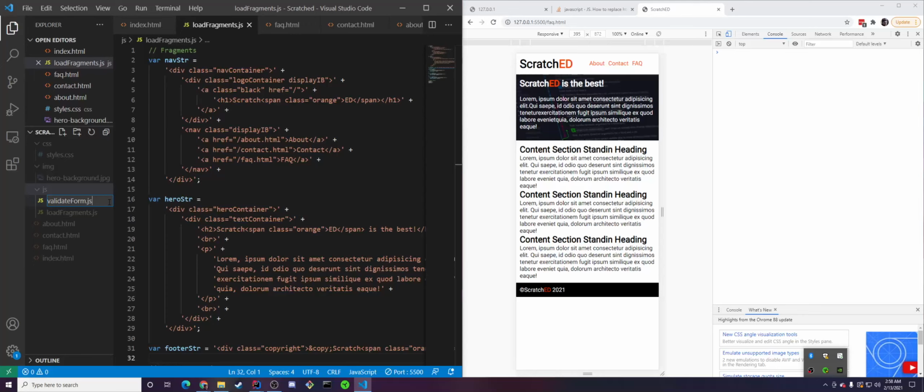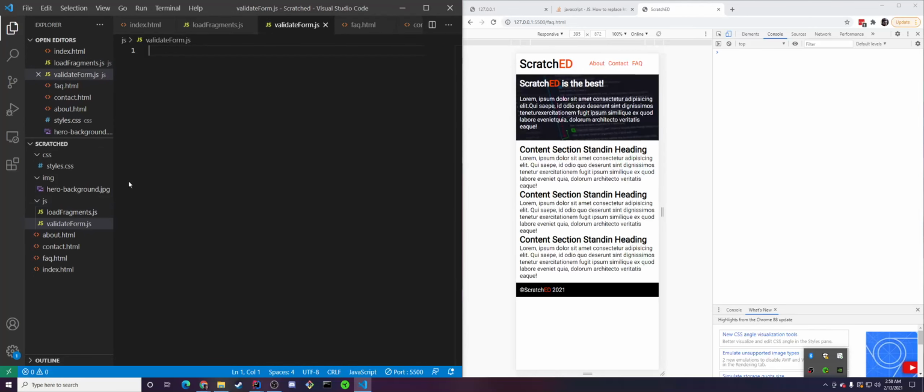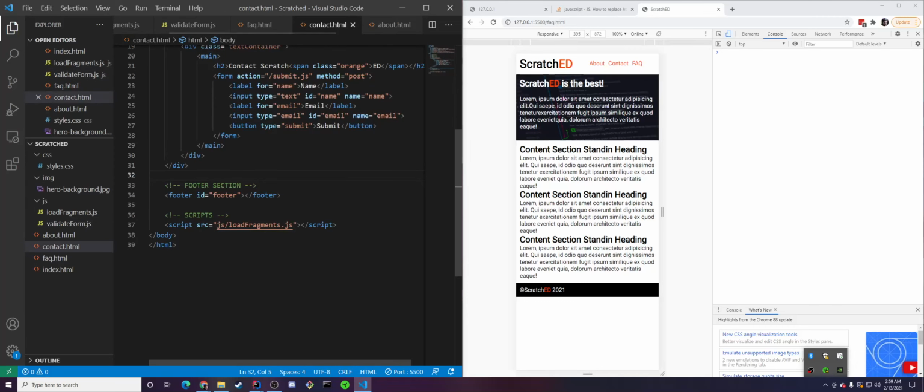All right, so we'll do validate form.js, and the first thing we need to do is create a function called validate contact, and this is going to be run on submit, or on button press. So we'll go back to our contact page, and first